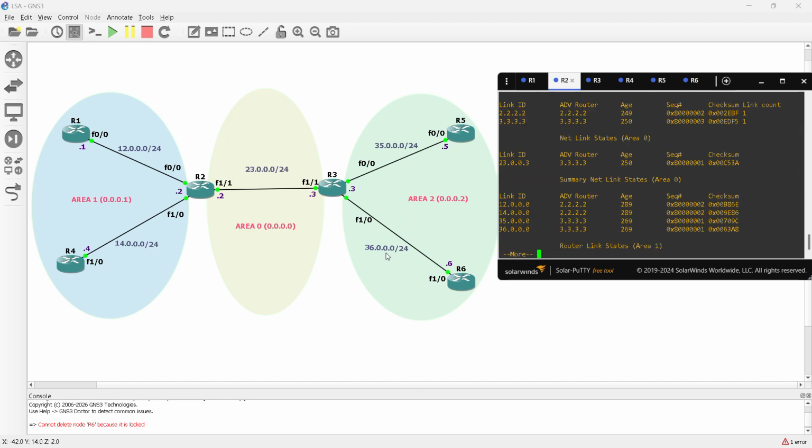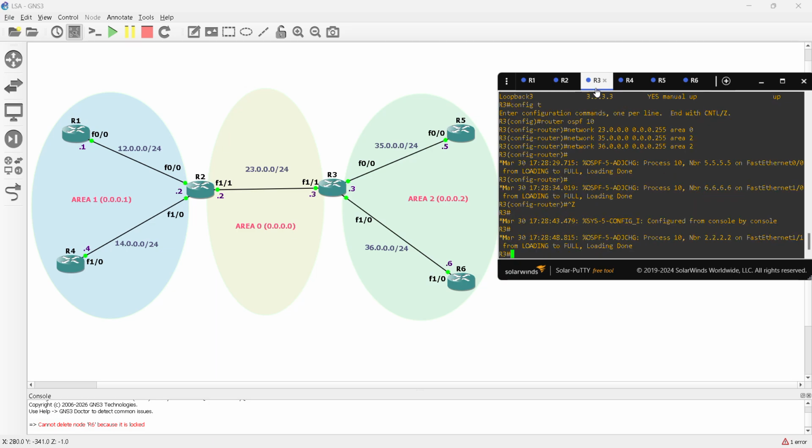And the most interesting part here is for area 0. 12 and 14 are generated by R2, as you can see by the router ID, and 35 and 36 are generated by R3, as you can see in their router IDs, or advertising router. Right? Yes. Similarly, if we go to R3,